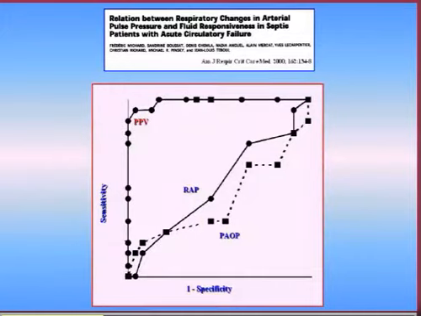When we constructed ROC curves, taking into account sensitivity and specificity, we found that pulse pressure variation was far better than right atrial pressure and wedge pressure, which are static measures of preload,